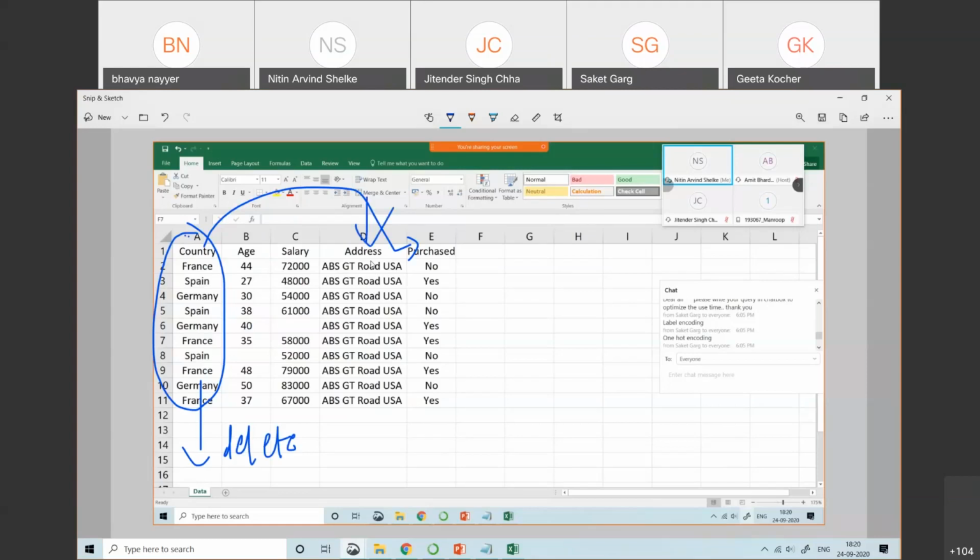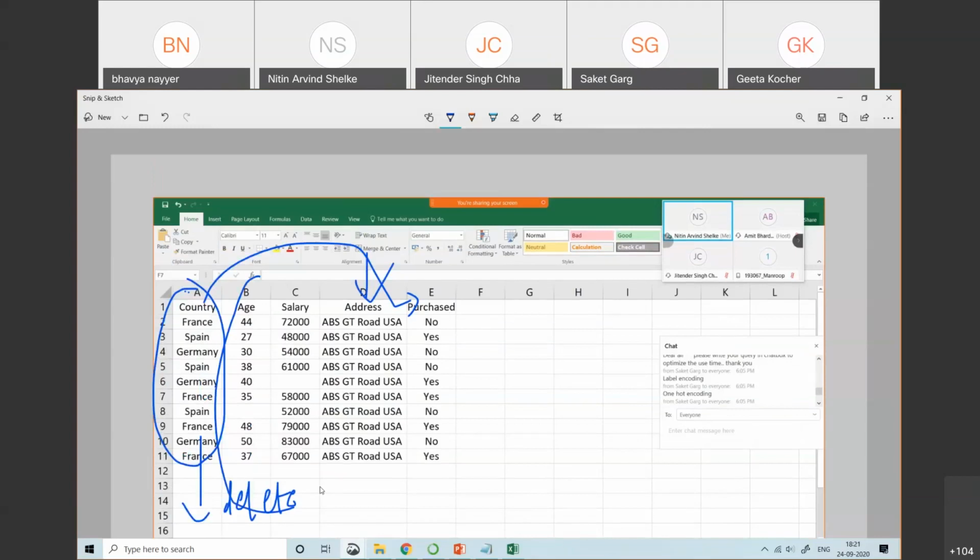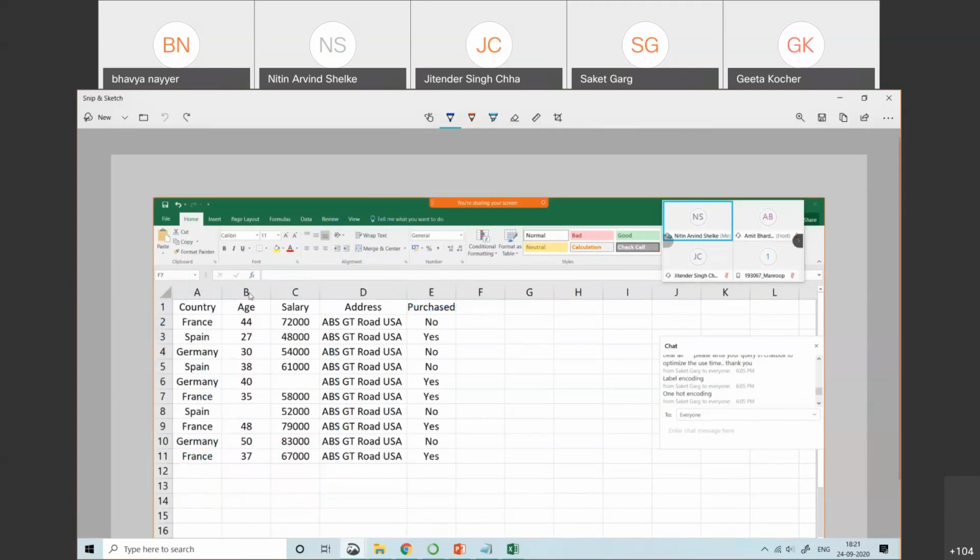Similarly, this address column is not playing an important role here for purchase. Okay, so specifically we'll consider the age and salary. Okay, age and salary, and we'll take this age and salary as independent variables and purchase as your dependent variable. So it is on you which column you want and which column you do not want. Okay, so it's up to you. तो कई बार ऐसे भी होगा कि हम हैंडल नहीं करेंगे कैटेगोरिकल कॉलम, सीधा रिमूव कर देंगे.